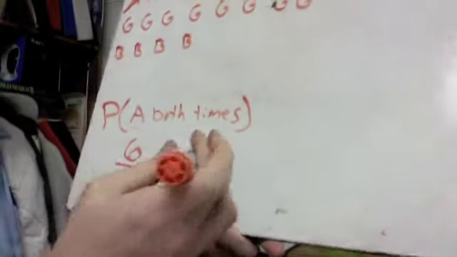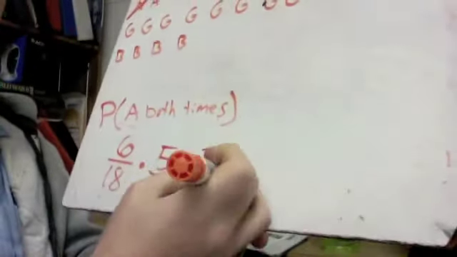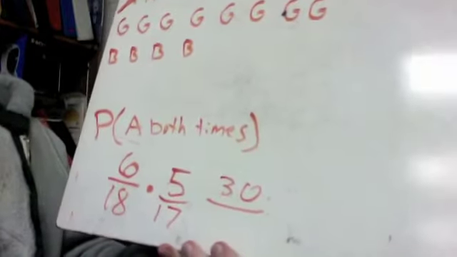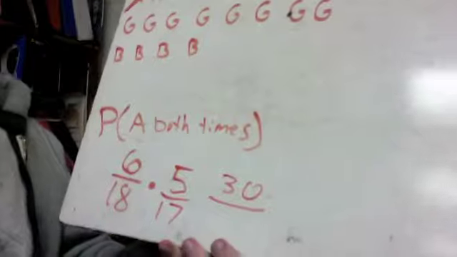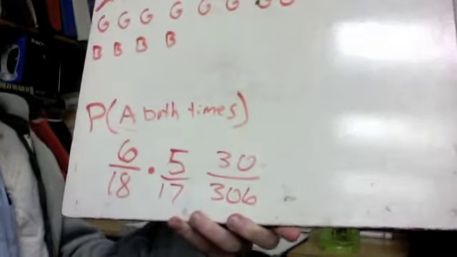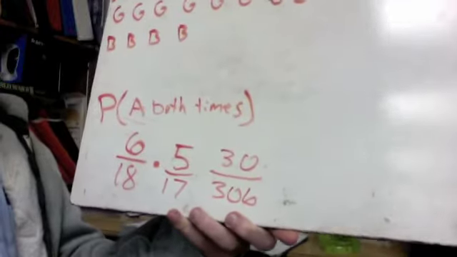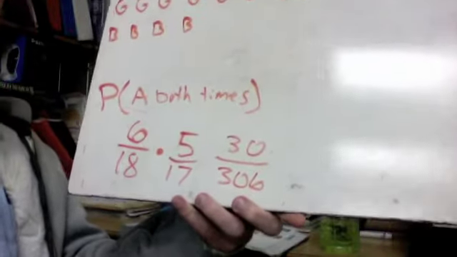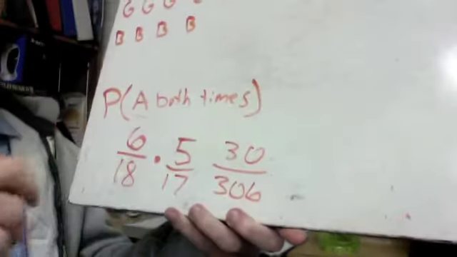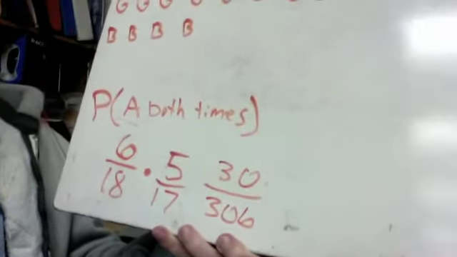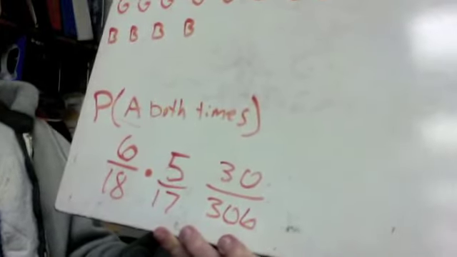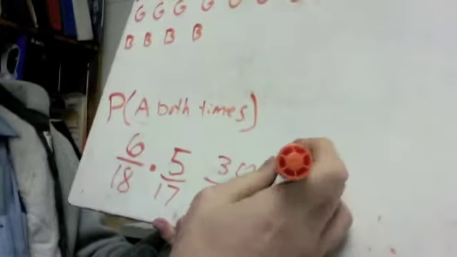So now I just have to multiply straight across. 30 out of whatever 18 times 17 is. Let's check it out here. 18 times 17 is 306. Now, to find that percentage of chances where this guy is going to get 2 matching Argyle socks on 2 blind choices, we just do top number divided by bottom number. So I'm going to do 30 divided by 306. 30 divided by 306 is